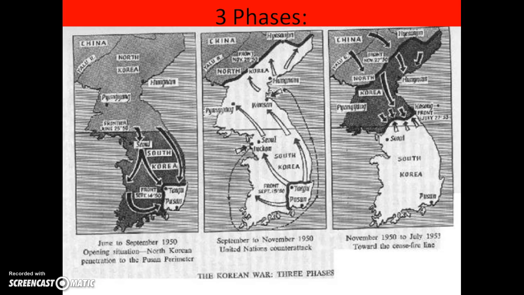And because the American troops were once again unprepared, again America's first battles, the American forces and their South Korean allies were pushed southward to the Pusan perimeter. Now, it was at that point that General MacArthur was placed in command of the UN forces, and he actually came up with a rather brilliant strategy,